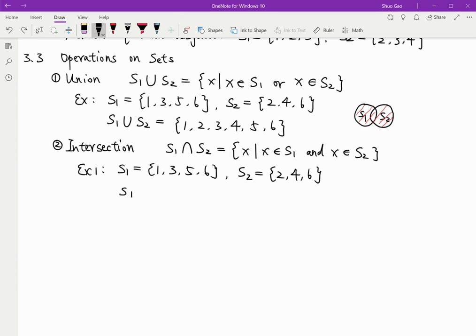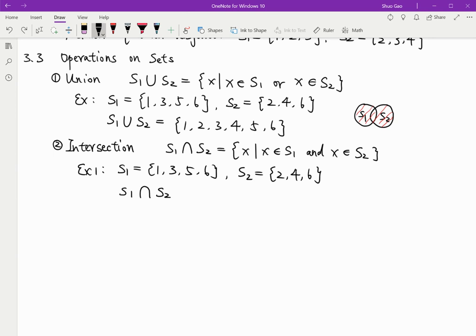The intersect symbol is the U, but pointing downward. Pay attention to the difference between the intersection and the union. Union begins with U, so the symbol is a U. Intersection is different from union, so it's a downward U,